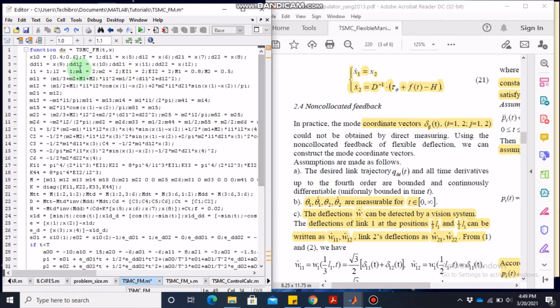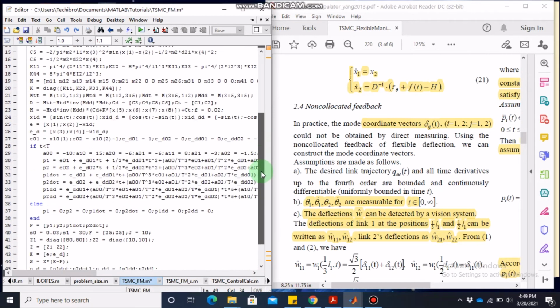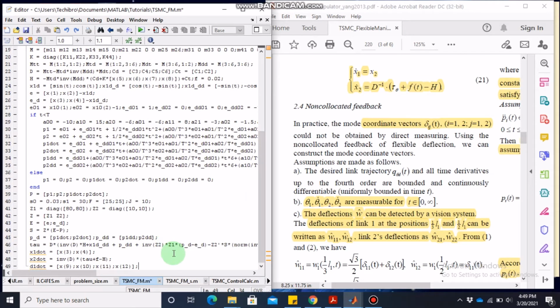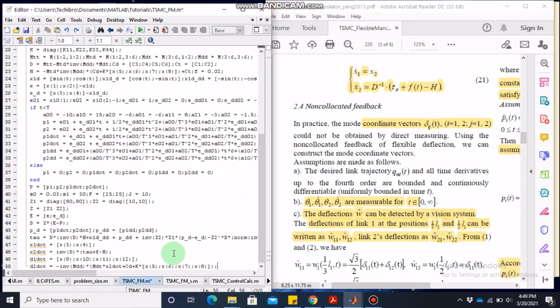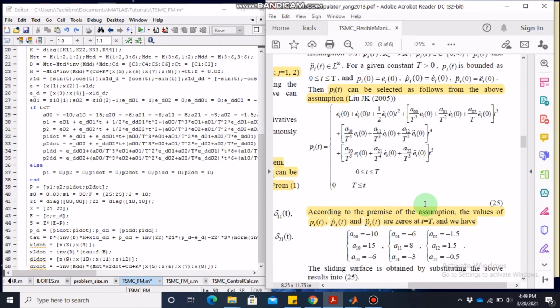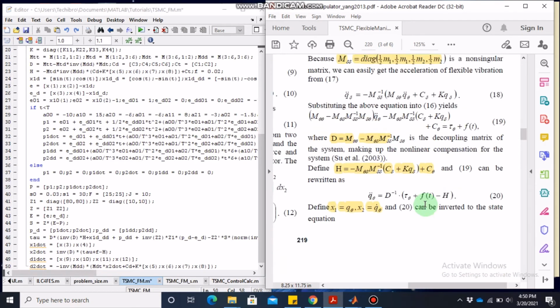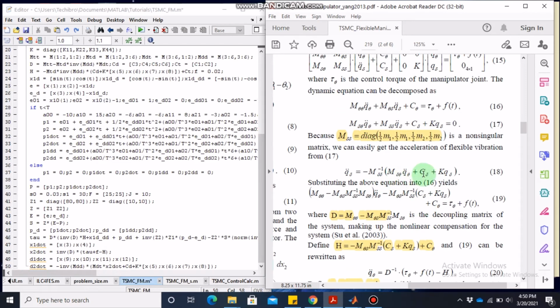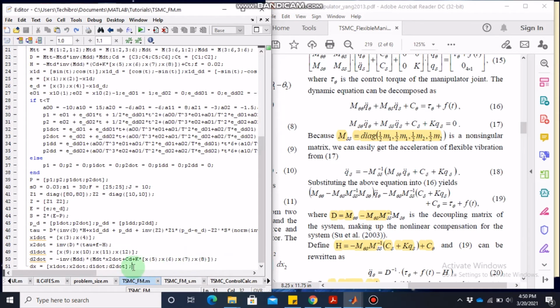So these are the derivatives of delta, 9, 10, 11 and 12. And then we define the derivative of deltas with this equation, which is given here, I think it's above. So this one, equation number 18. So this is written here, and then we finally complete the file with returning x1 dot, x2 dot, delta dots